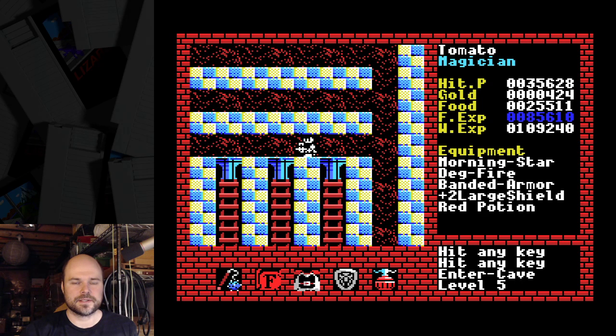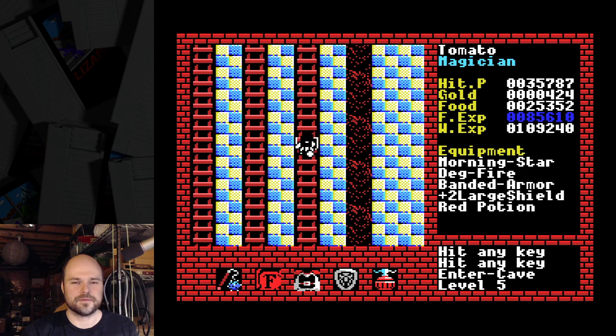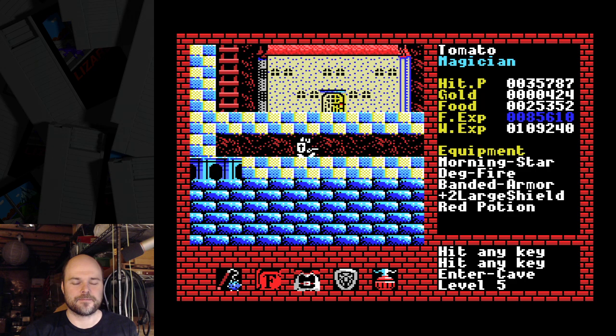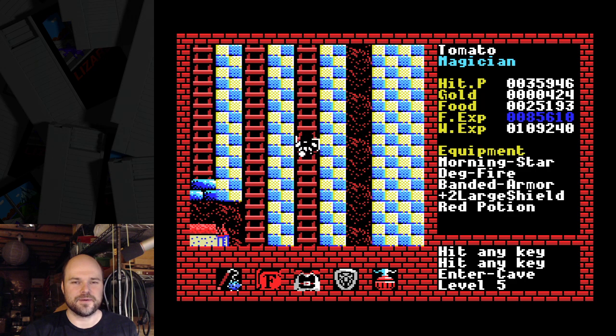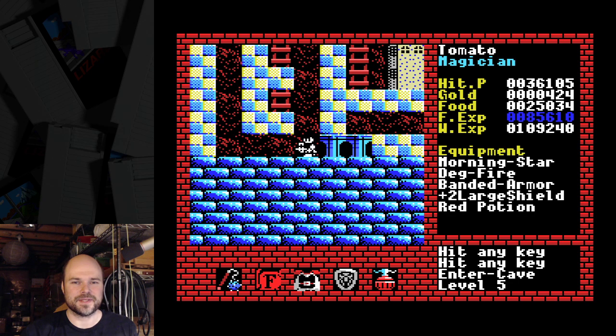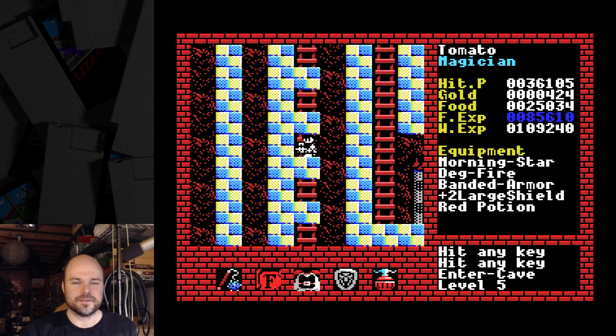So I need to come down... I think this one's safe. Oh no, this isn't the way. Well, it's good that I went that way, not the other way, but I can't go back up because of that one of these kind of tiles. I can go up this way. It's a bit of a nuisance, but...